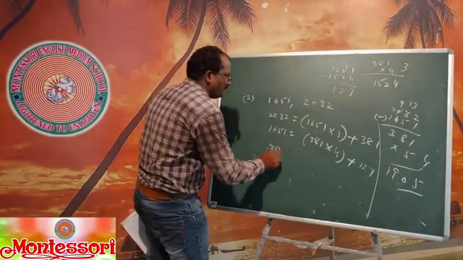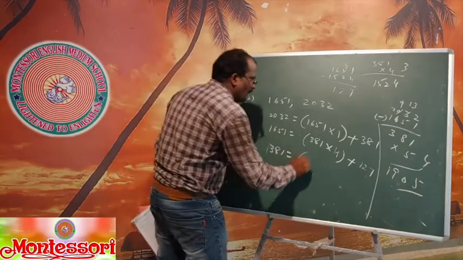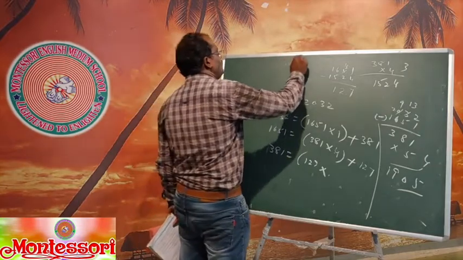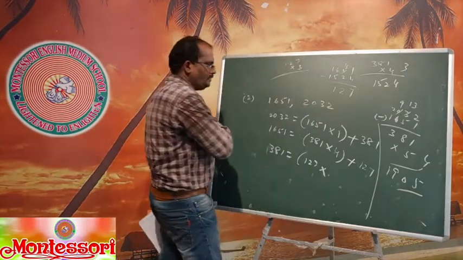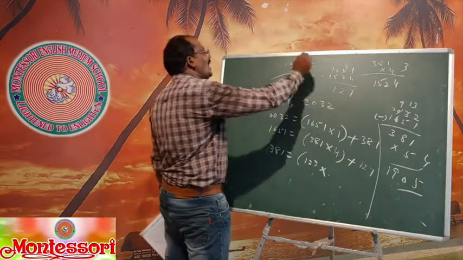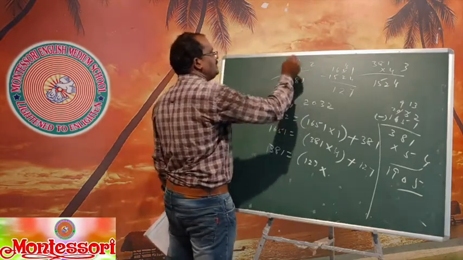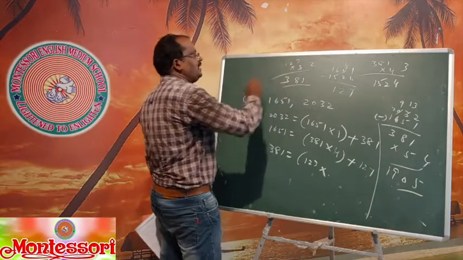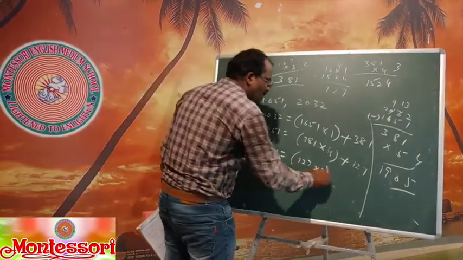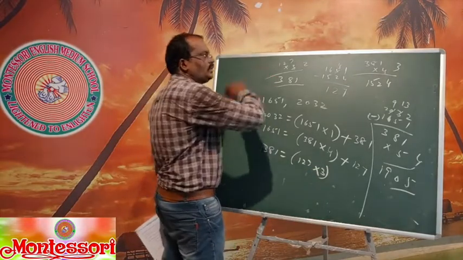Now again you take 381. Again multiply with 127. How many times? 2 times or 3 times? This is with 3. 7 times 3 is 21, 3 times 2 is 6, and add 2, then 8. Then again 3. How much did you get here? 381 exactly. 127 how many times? 3 times. 381, you got the answer.